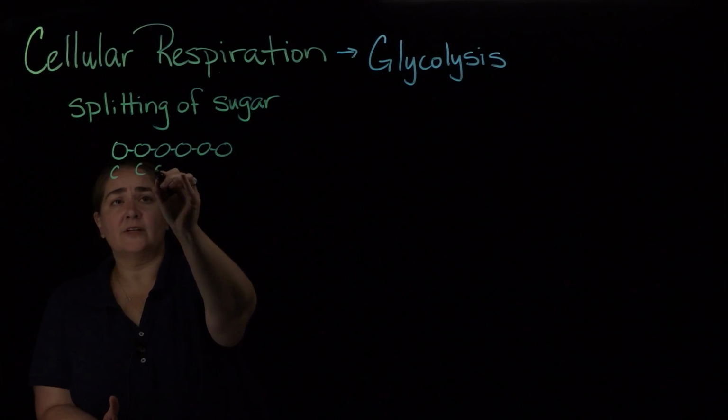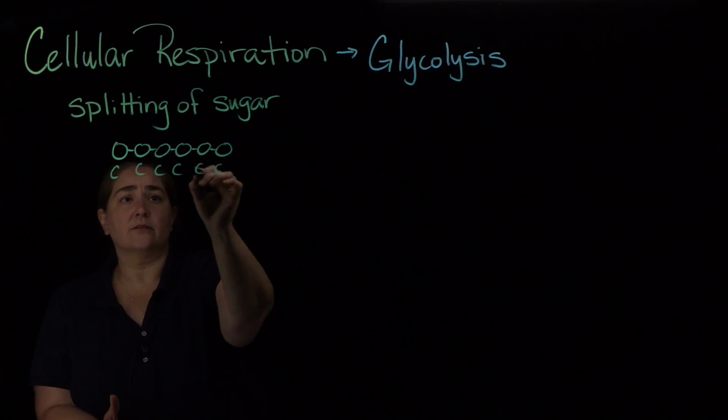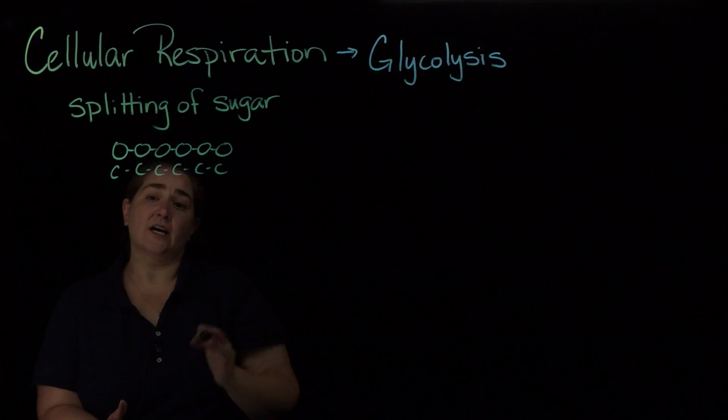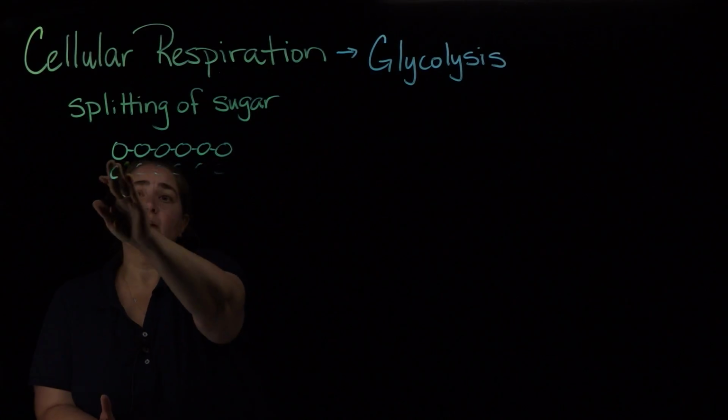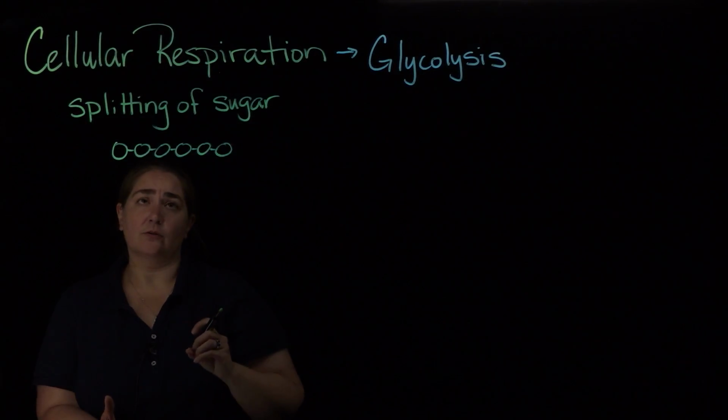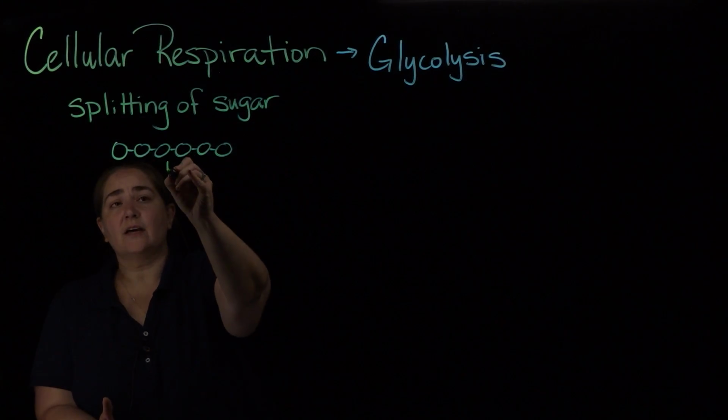So this would be a carbon here, here, here, here. Okay, we've got 6 carbons. I'm not going to draw in the hydrogen and the oxygen on our glucose molecule, okay? But that's essentially what those little balls represent. They represent our carbon molecules. And then what we have with